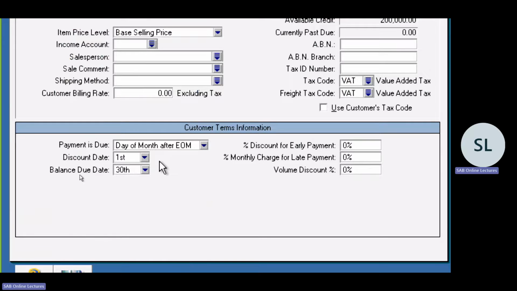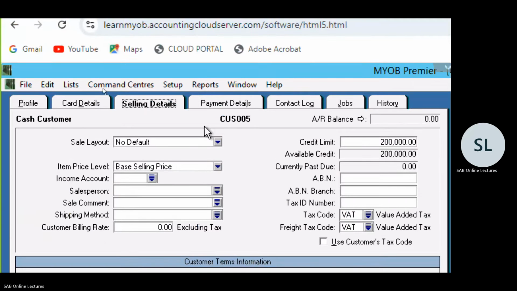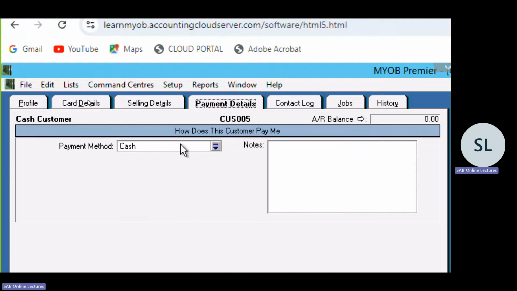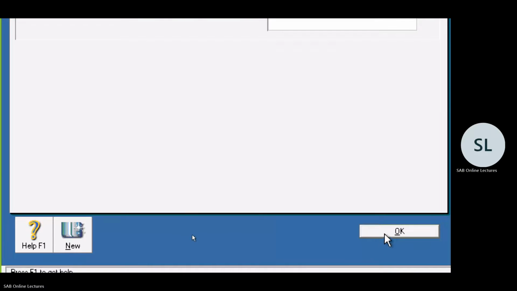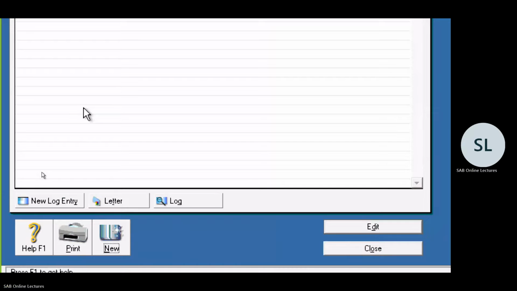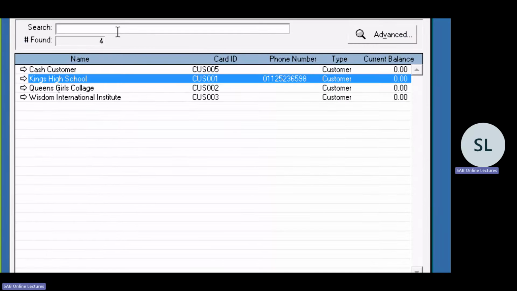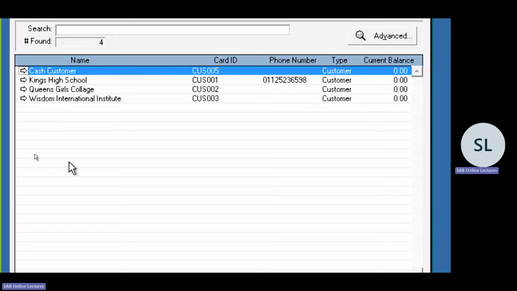The cash customers are given early discount, late charges, volume discount. In the payment detail now I select cash. Then click OK. Complete the cash customer. This cash customer in future we will use for individual sales, not for regular customers